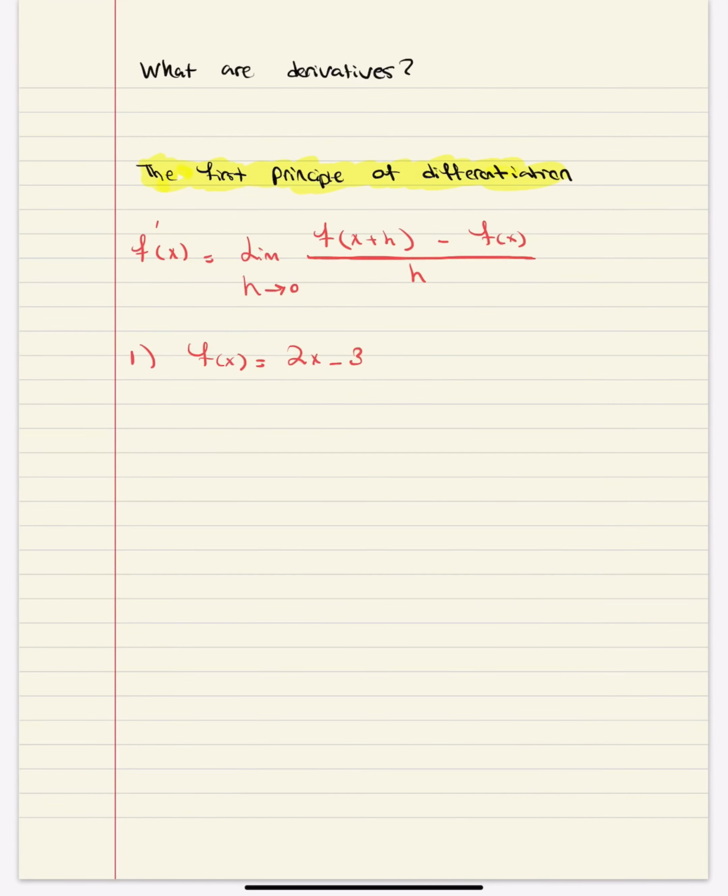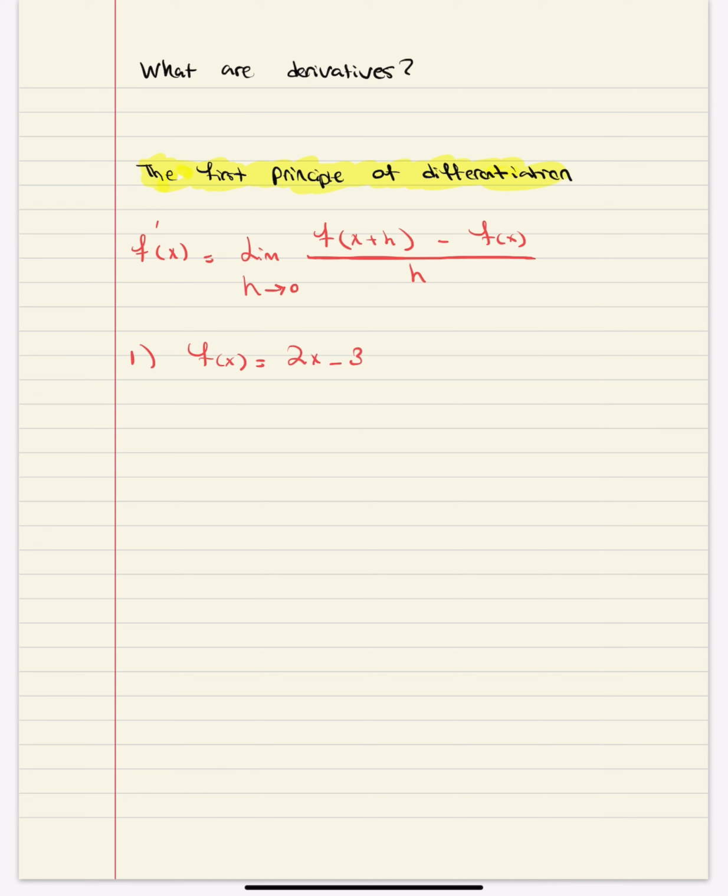We're going to be going over derivatives as well as the first principle of differentiation and how we could apply this principle to find the first order derivative of a certain function. Starting off with derivatives. Derivatives are simply a measure of the rate of change of a given variable with respect to other variables. For example, when we measure the rate of change of distance with respect to time, we recognize